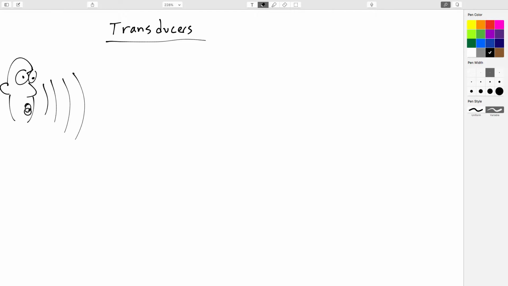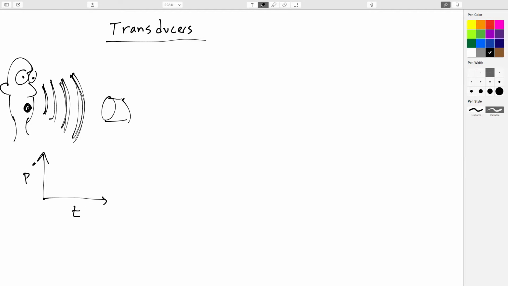talking to you, and their vocal cords are pushing and contracting, and they're basically adding energy to the air. And this energy wave is flowing through the air. Can we add a device which can take that energy variation over time? If we were to plot this, in what sort of form does this energy exist? It's going to be pressure. So if we were to plot the pressure of the air over time, we'd see something like this,